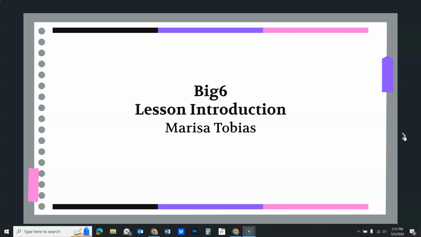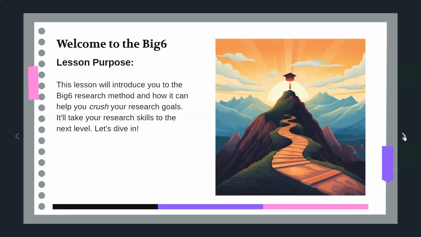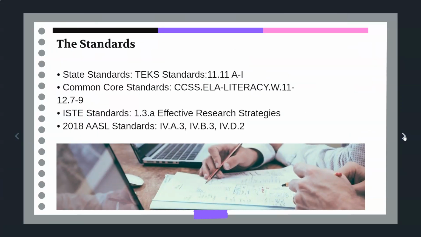Your teacher and I are working together to get you acquainted with the research process and to help you with your research project. So to start off, like I said, the purpose of this lesson is to get you acquainted with research and finding the proper sources, so that way you can crush your goals and take your skills to the next level. So the standards that we are covering today are the TEKS standards for 11th grade English, which